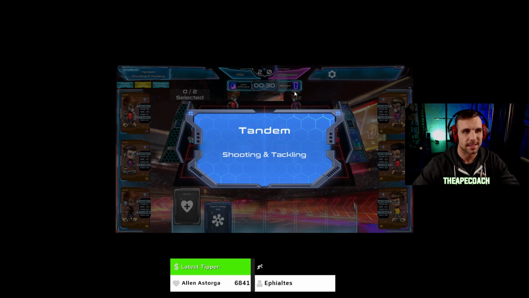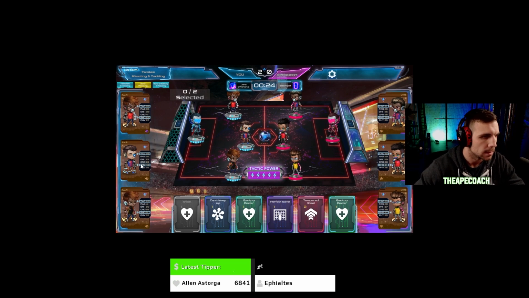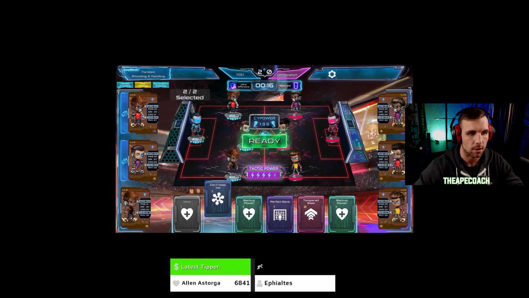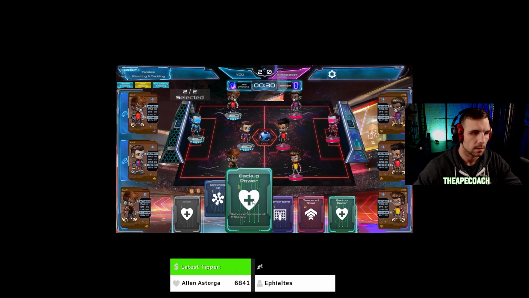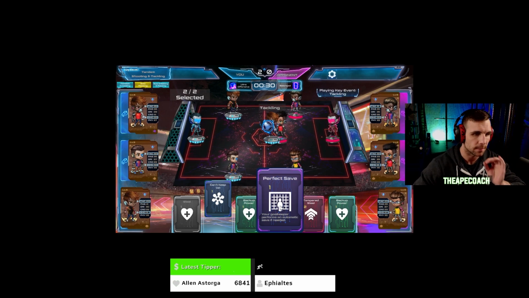So he switched to balance. That's usually what I will do, but all right, we got shooting and tackling. So this guy's my key shooter, and then this guy's probably the next best. And we're going to exhaust all of his guys right off the bat here with can't keep up. That is going to wipe out his stamina here for the rest of the match, which is wicked. It's going to exhaust them all, which basically lowers their skills. And then I do also have a perfect save here, which is such a clutch card for end game,